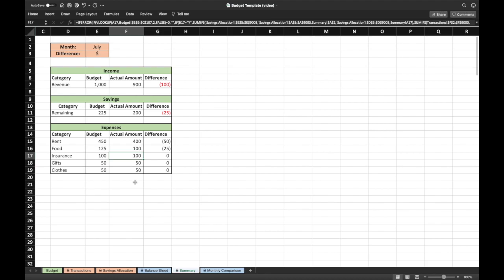Now, if you did not properly budget for insurance and only set aside $700 in the first 11 months and then had to pay out $1,200 in December, your account balance would initially be negative $500. And to fix that, you would allocate an additional $500 in December, and this $500 would show up in your monthly summary, and then it would be clear when comparing months that you spent a lot more in December than you did in any other month, meaning that you did not prepay enough money for that expense. So that's just a really long-winded way of saying